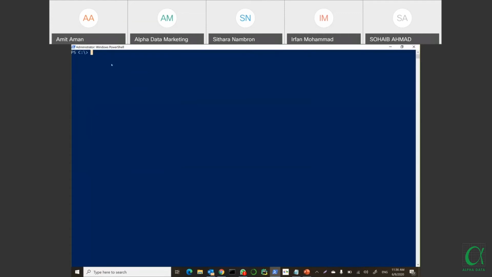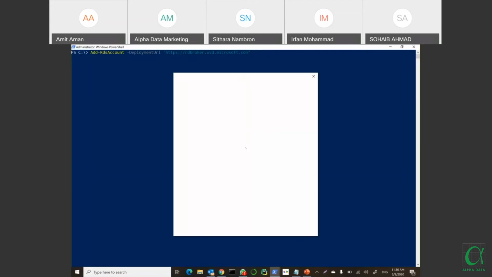Okay. So the first thing that we need to do, if you already have PowerShell, is the first command: you need to import the module for RDS, Remote Desktop Services, which you can find on the internet. For me, it is already there. For authentication, I'll be using this command, Add-RdsAccount, with the deployment URL. It will be connecting to this deployment URL, so that it will ask me for the username and password. All right, so I'll be entering it.